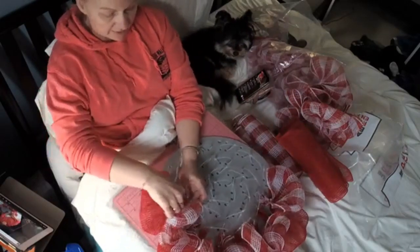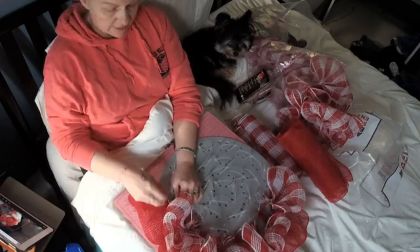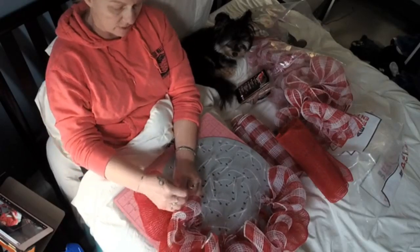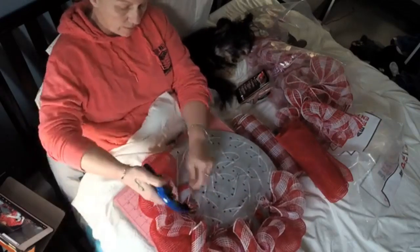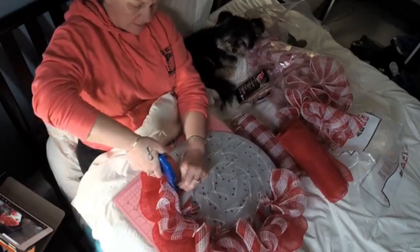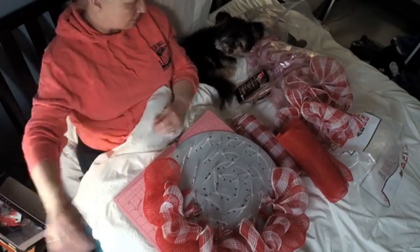If anybody's ever had a kidney infection, I'm sure you can relate. Yes, fabric mesh is nice. However, it's not the greatest if you're wanting to make a sunflower and stuff. I love the coverage, but